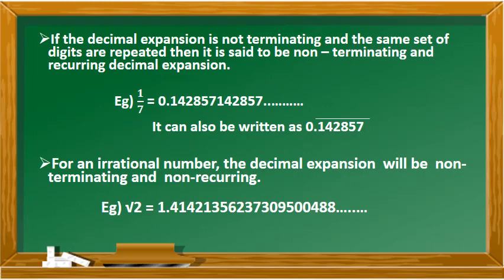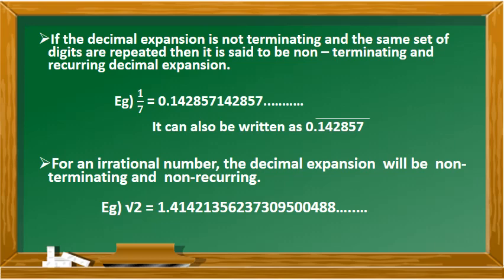Note the next point. If the decimal expansion is not terminating and the same set of digits are repeated, then it is said to be non-terminating and recurring decimal expansion. An example is, on dividing 1 by 7, the remainder never becomes 0, that is, the remainders repeat after a certain stage such that a block of digits 142857 is repeated in the quotient, that is the decimal expansion, and is represented as